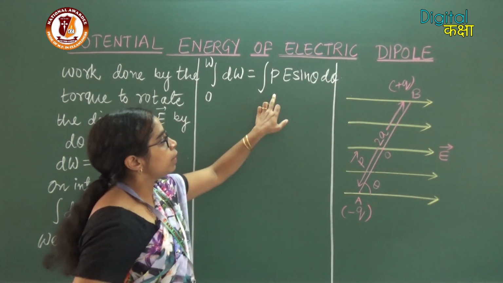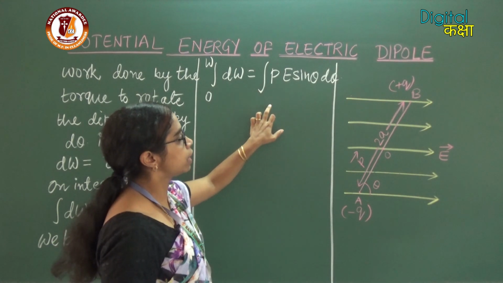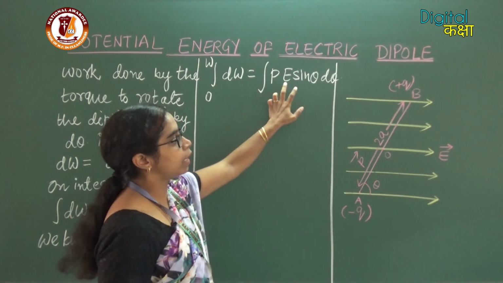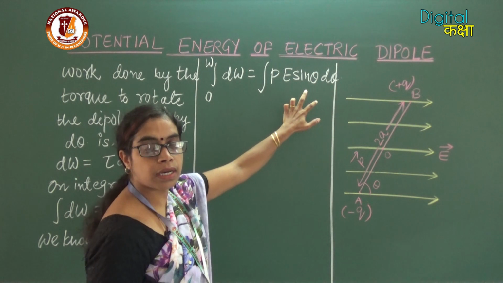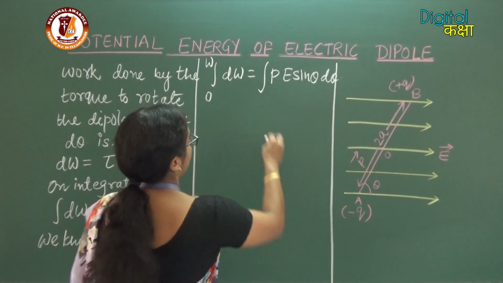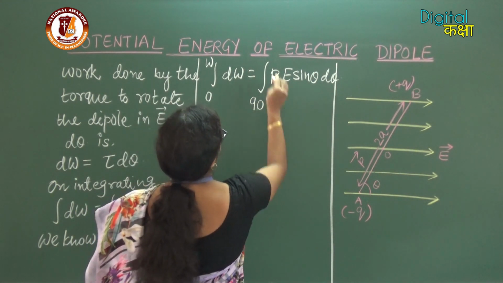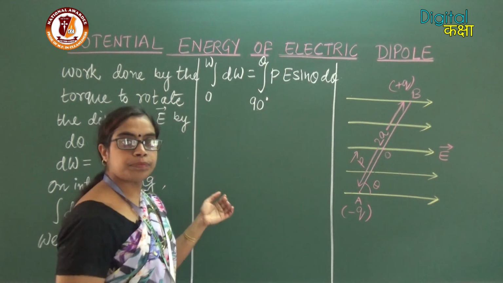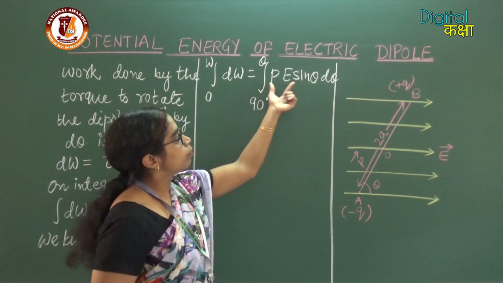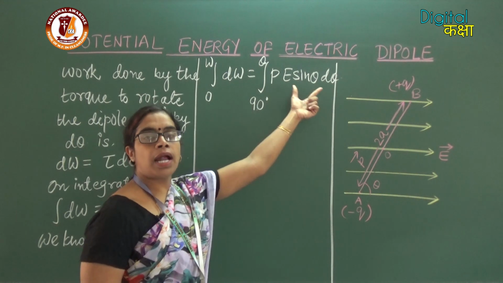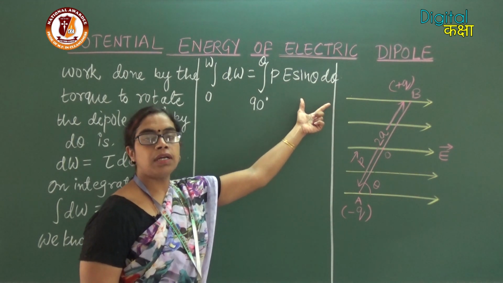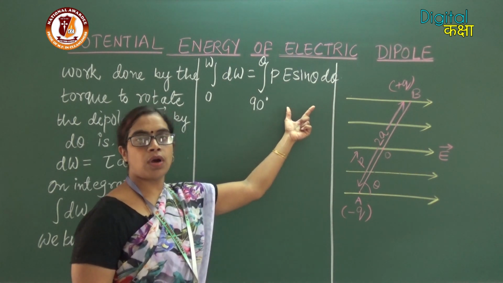Here the limits for this integration are from 90 degree to theta. We know that PE is constant here, and